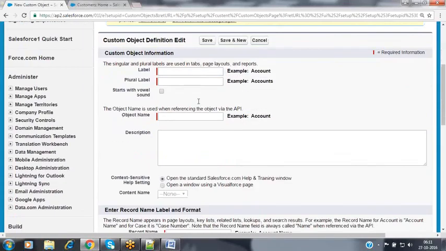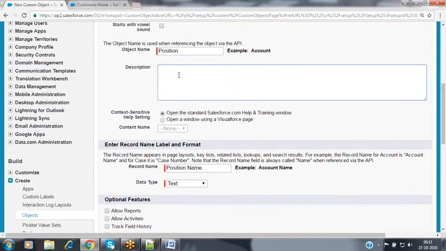Now click on new custom object because I want to create a new custom object right now. In order to create a custom object, we need to provide some details for that. I'm giving the name as position. I'm giving the tab name as positions, the plural name as positions. Now give the description for that object.